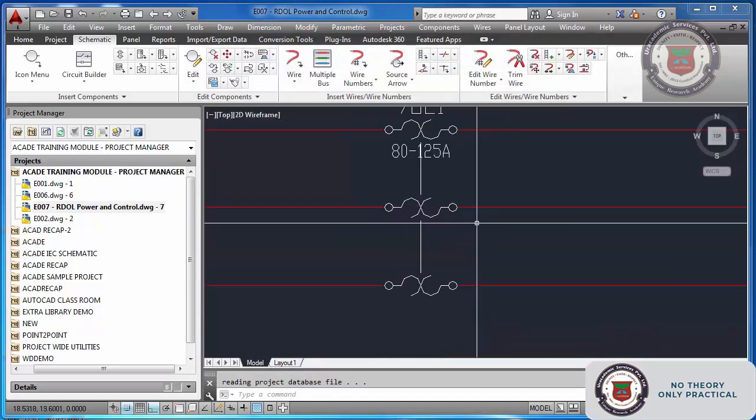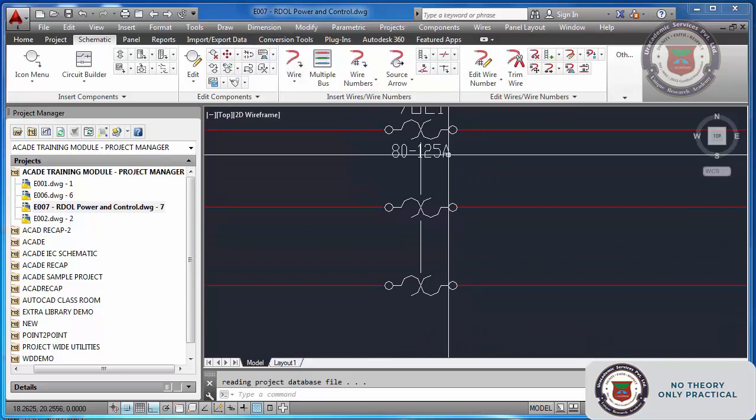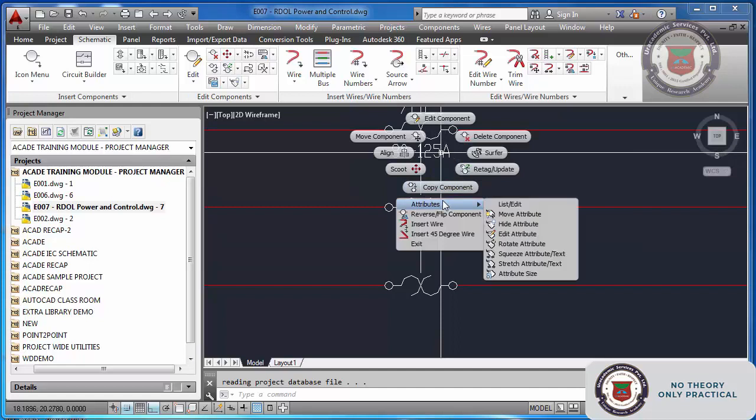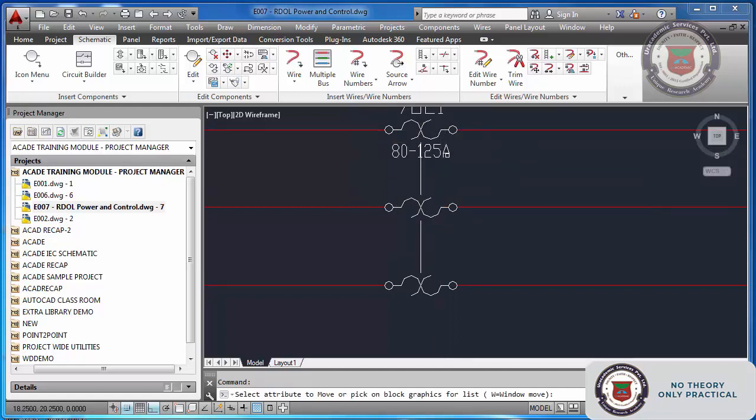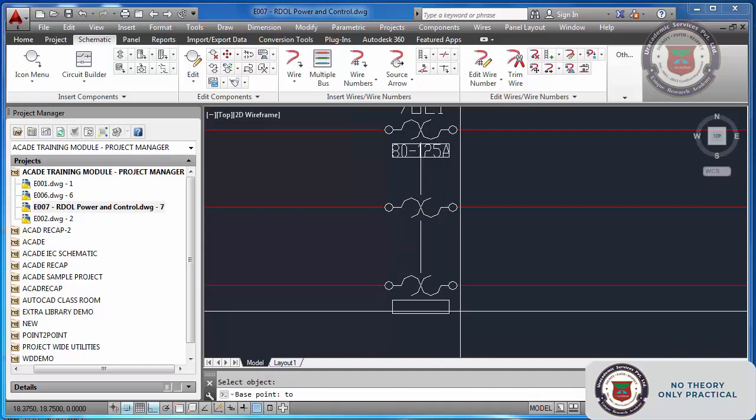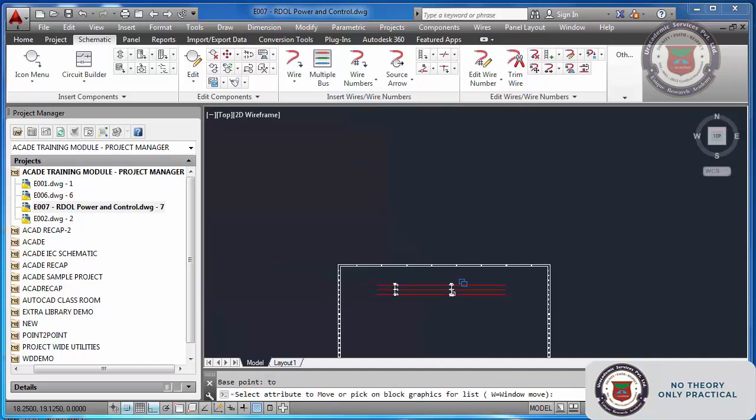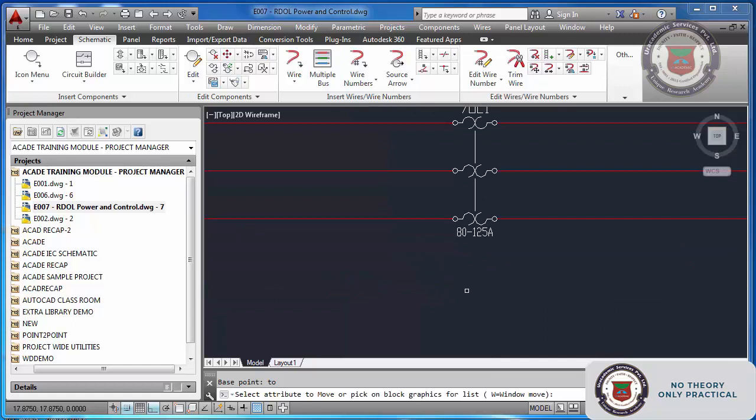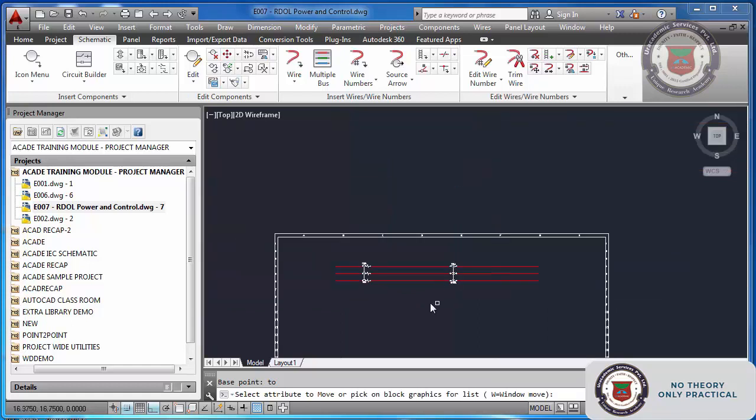Okay, now you see the rating is there in the top pole. If I want to bring it down, I will move the attributes. Just in this way. This way you can do.